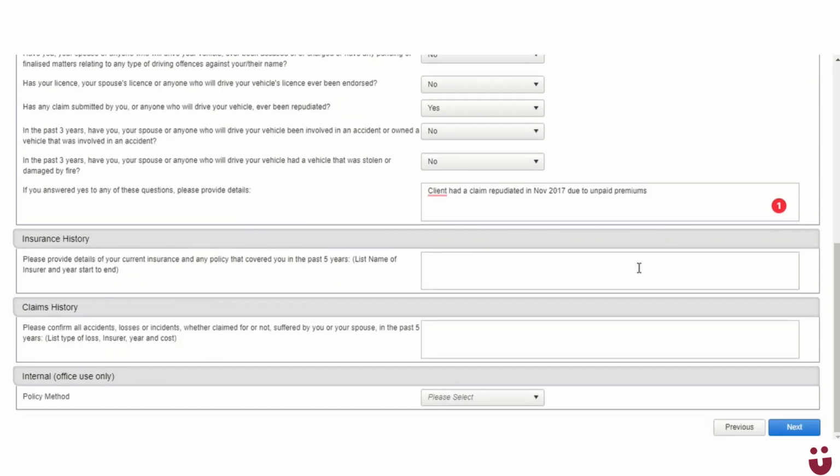Next, you'll move on to the client's insurance history. The insurance history will be for the last 5 years, and that will include every insurer that the client has been with over the past 5 years. The insurer information should include the name of the insurer, the start date, and the end date of the period of